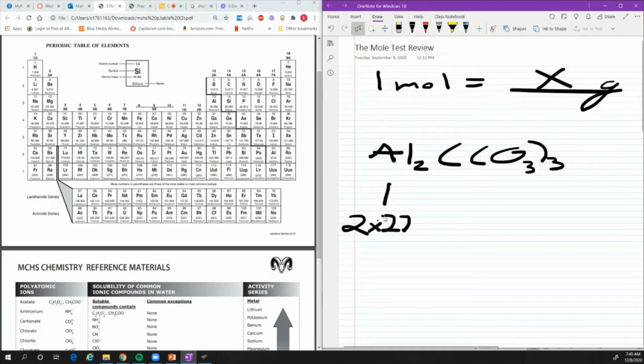27. CO3, and then we're going to add this to whatever this is, and this is important. CO3 is not by itself. This 3 is affecting both that 3 and that carbon by multiplying it. So if we have 1 carbon, it's really times 3. So really, we've got 3 carbons